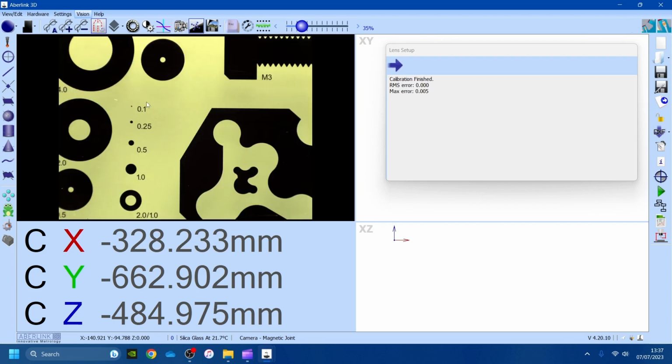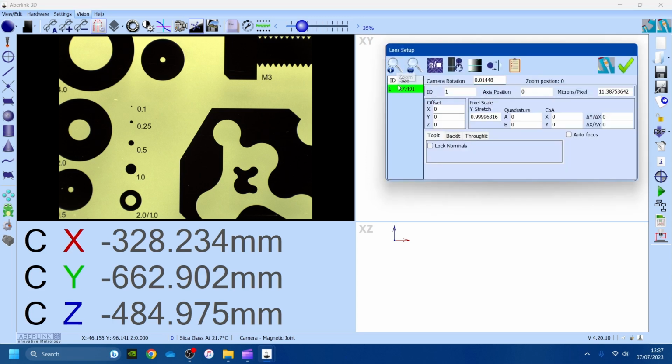Double click. And this will calibrate the Z rotation, so you get a similar feedback entry as with the scales calibration. We get an RMS error and a max error. Again, I don't want these to be higher than about 10 microns. We normally get them from about 5 microns or less. So we are happy with this. We press the blue next arrow and it writes that value to camera rotation,